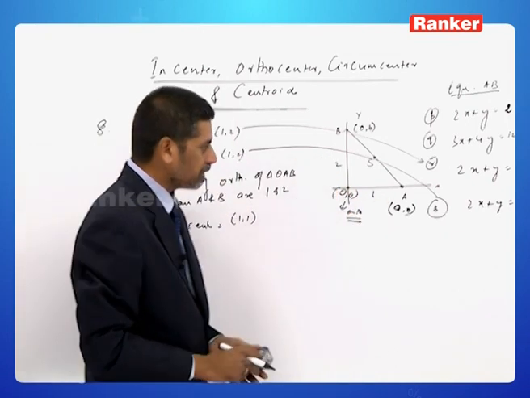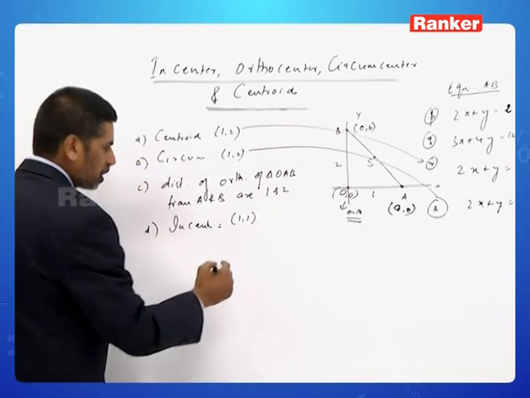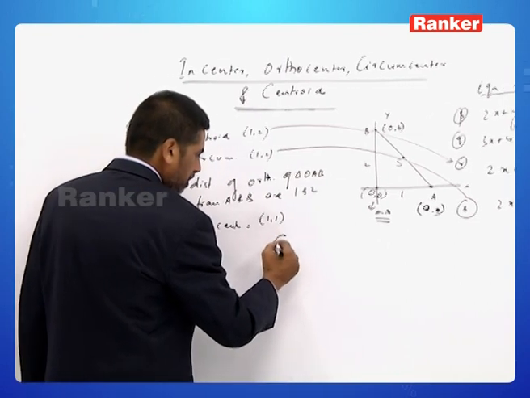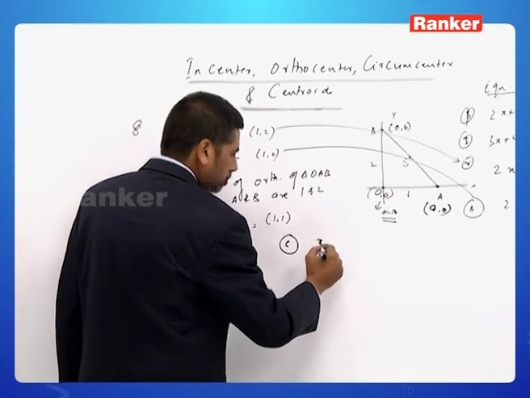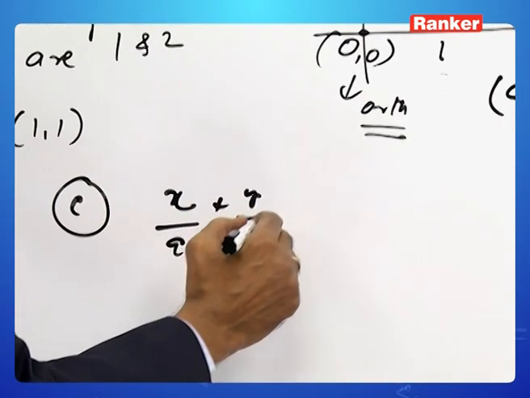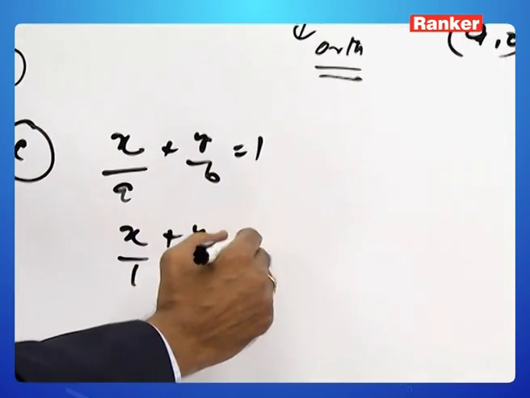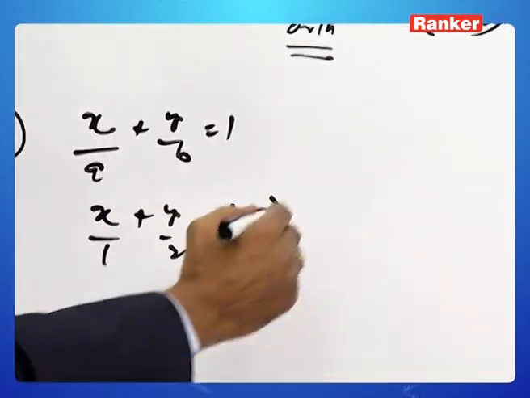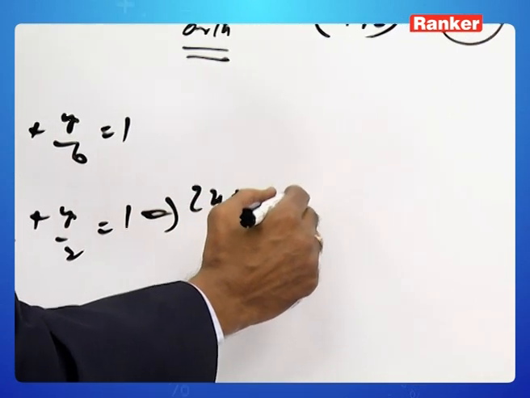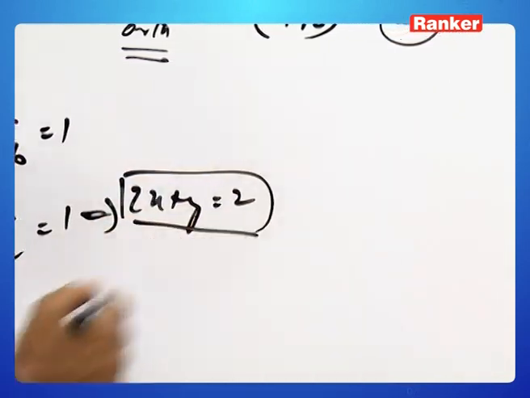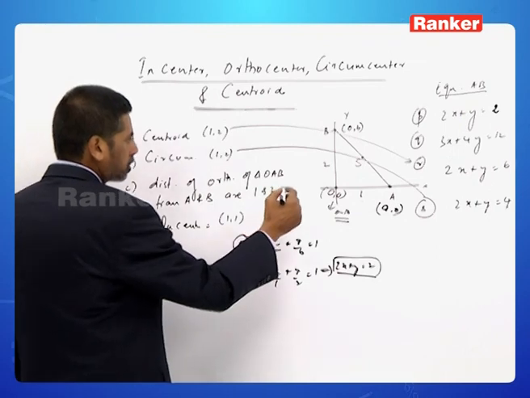So if you look at the equation of AB for this context, we are discussing C, x by A plus y by B is equal to 1. This will give us x by 1 plus y by 2 is equal to 1, which implies 2x plus y is equal to 2. So the C option is mapped onto